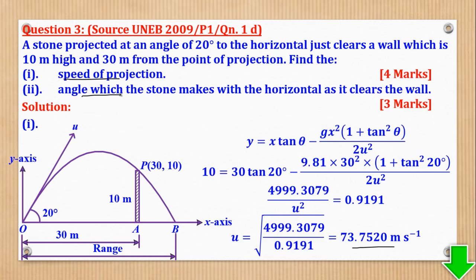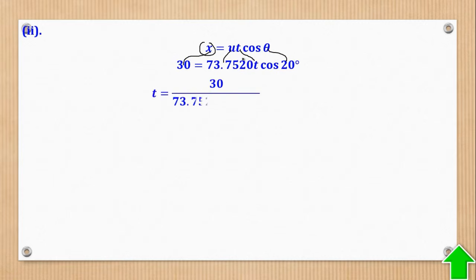Roman 2, they want the angle which the stone makes with the horizontal as it clears the wall. So the angle at this point, remember here, the velocity is in this direction. I need the angle to the horizontal. That means we need to get Vx and Vy. But before that, we need to get the time. So horizontal motion, horizontal distance is equal to ut cos theta. I think you remember that formula. Then you substitute x is that, u we have got, theta we know, and t is what we want to get. So t will now be equal to